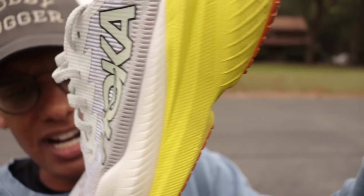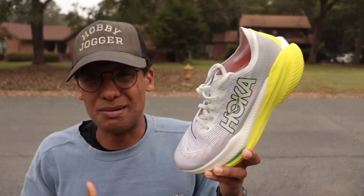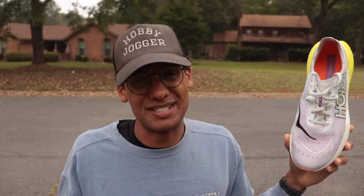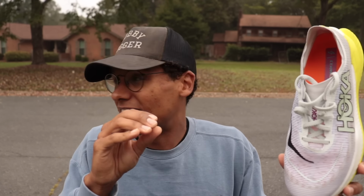And I've got to say, the ride, sometimes with these shoes, they break in and they soften up. With this one here, it feels pretty much the exact same as it did when it was fresh out of the box. It does not feel different at all, which is a good thing because Hoka's reputation as a brand has been that of not creating the most durable shoes. People have had issues with...